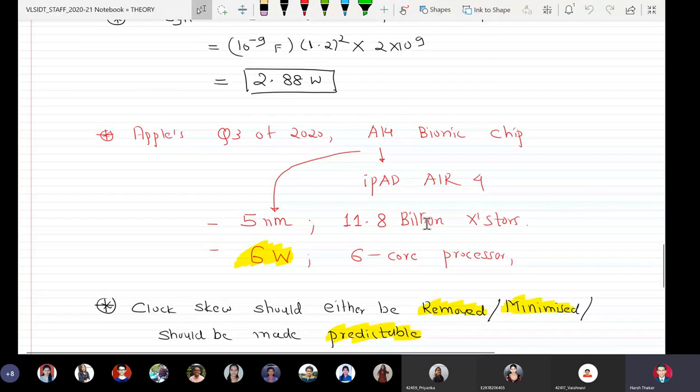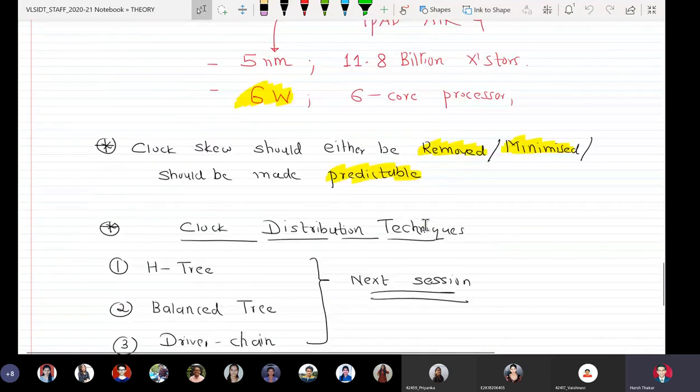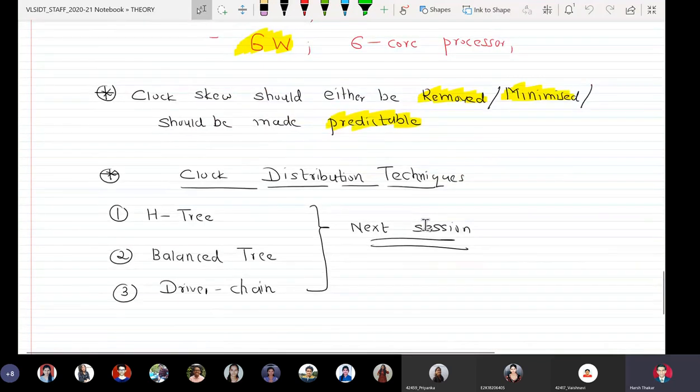And we told that the latest chip launched by Apple recently actually claims to have a dissipation of only 6 watts, while there are about 11.8 billion transistors inside the chip. That is why we concluded that clock skew should either be removed or minimized, or it should be made predictable, or it should at least be balanced.